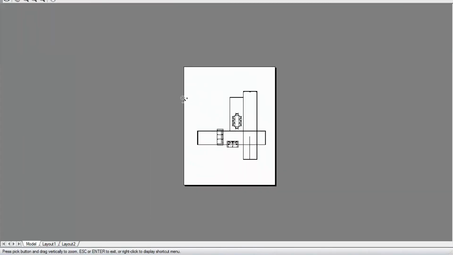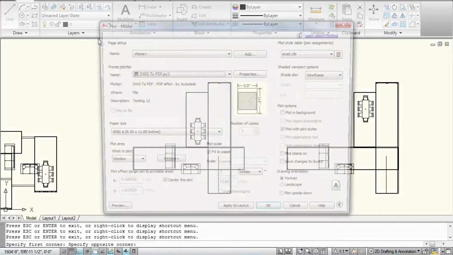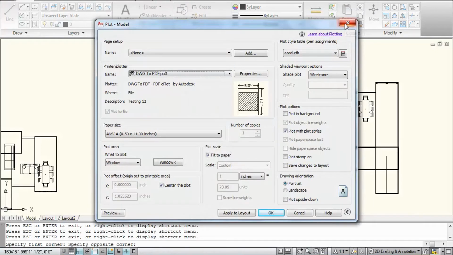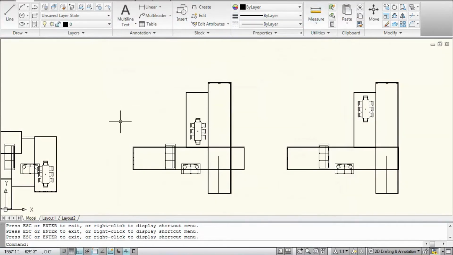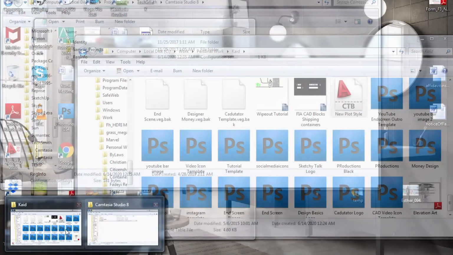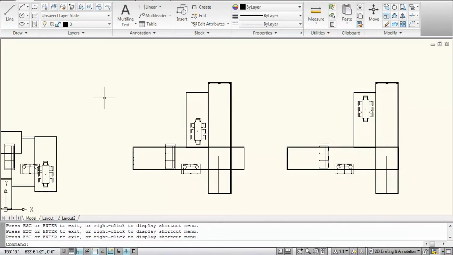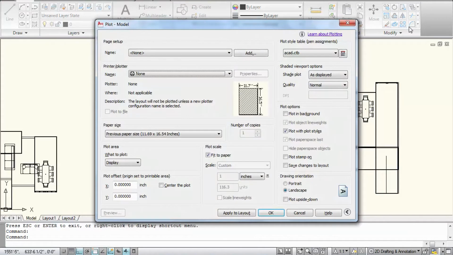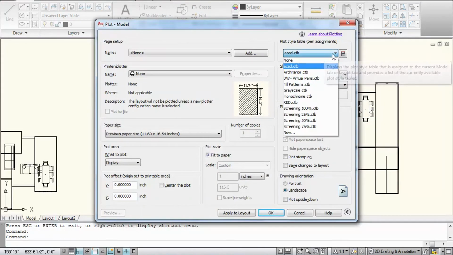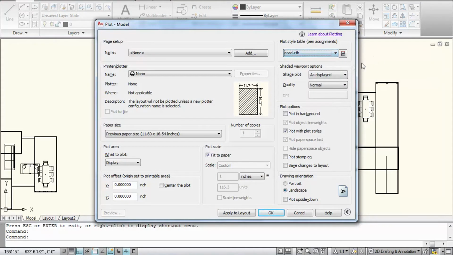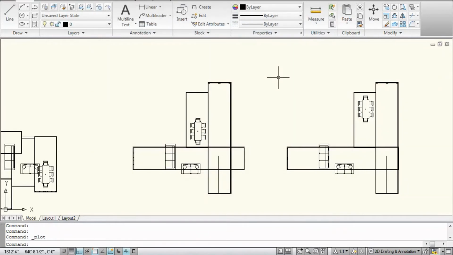So let's say someone sent me one and I have to use it. In case I don't know where it is, because it's kind of difficult to figure out where it is. Let's say, for example, somebody sent me one and it's called new plot style. I wanted to put new plot style here, but of course when I press Control P, I can't find it. I only have these. So what I'll do is type in